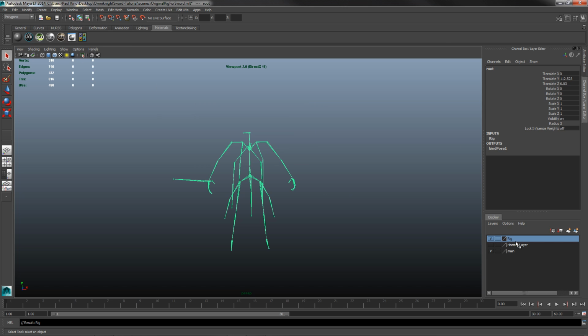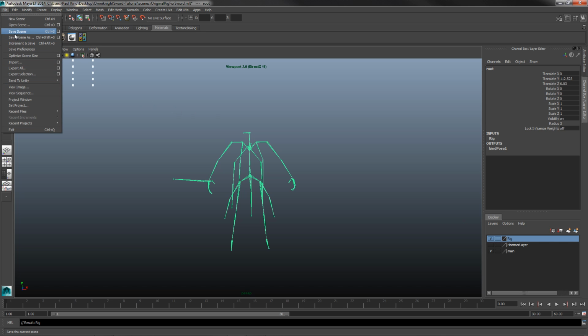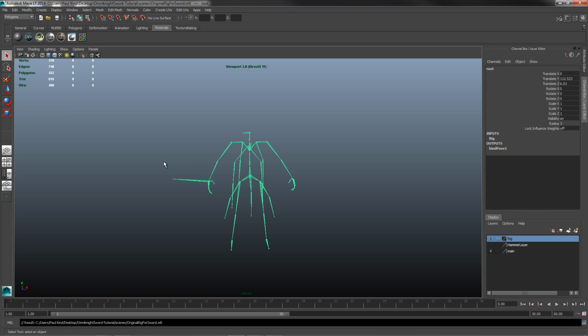And that's that. Save that. Okay, and now what we're going to do is save the whole scene again. Now that we've made those changes, we don't want to lose them. The next step is going to be to import our actual